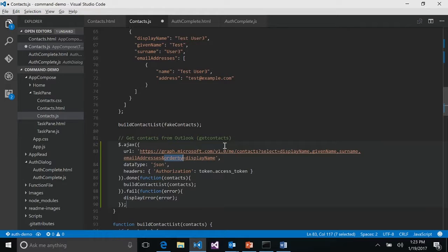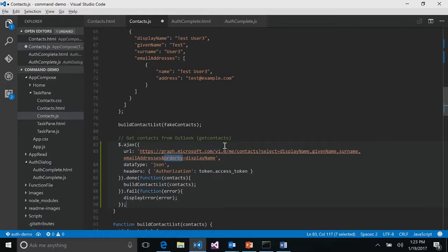And then I'm telling it, just go ahead and sort that for me, right? And then here's the key, right? For our auth, I'm passing that access token as the authorization header. Okay. When that's done, assuming it comes back without an error, then I'm going to pass that JSON payload, that JSON response, back to the build contact list.